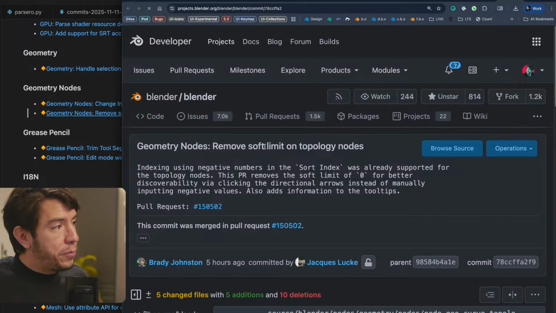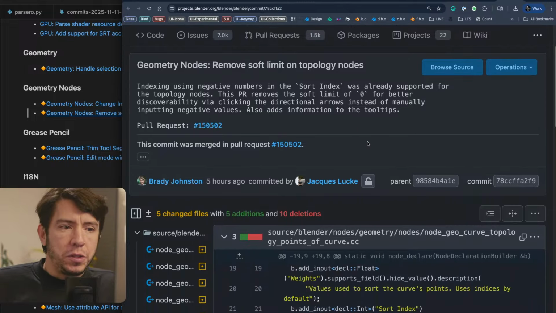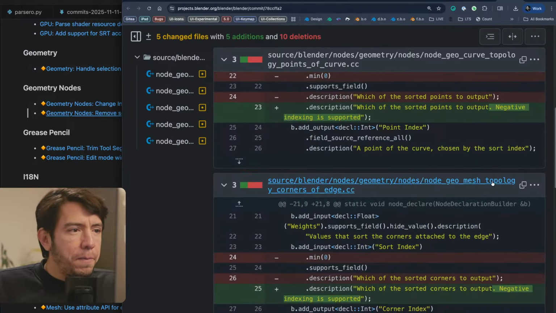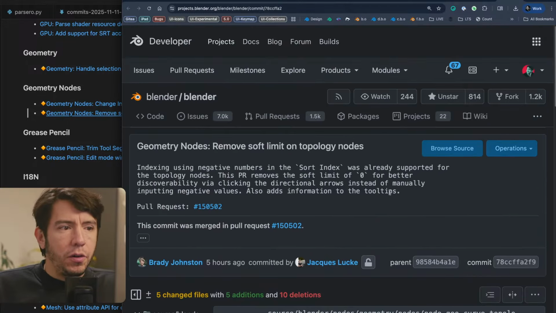And another quality of life improvement is that the topology nodes, such as curve topology of a curve, or corners of edge, and so on, all had a soft limit of 0. What is a soft limit? A soft limit is the UI limit. So when you drag a slider and it goes from 0 to 1, but then you press enter and start typing and you can type 50, that is because the soft limit, the UI limit, is set to 0 to 1, just to prevent misuse or to prevent you from putting crazy values.